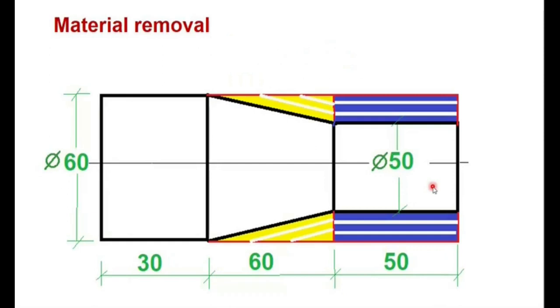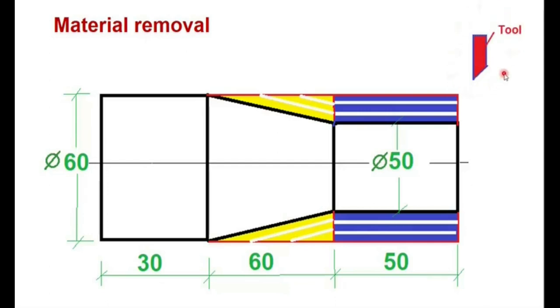So what are the operations we have to do? We have to do mainly two operations. One is, you can see in the blue color, we have to remove this material. So we have to reduce over a length of 50 millimeter the diameter to 50. We can take a depth of cut of 1 mm, 2 mm, like this we can go on removing radially, and over the diameter we will achieve 50 millimeter. Next, over a diameter of 60 millimeter we have to do taper turning like this, so that we can achieve these angles. So let's go one by one.